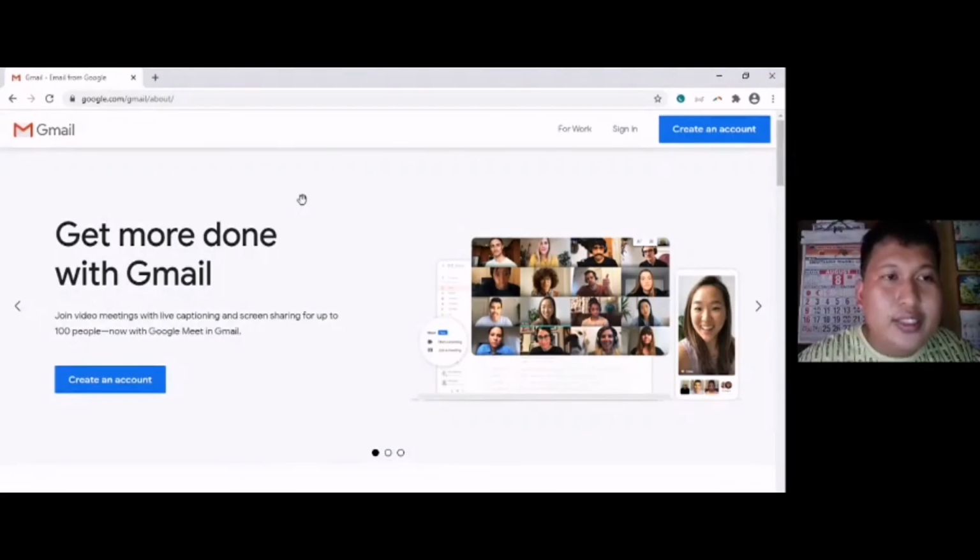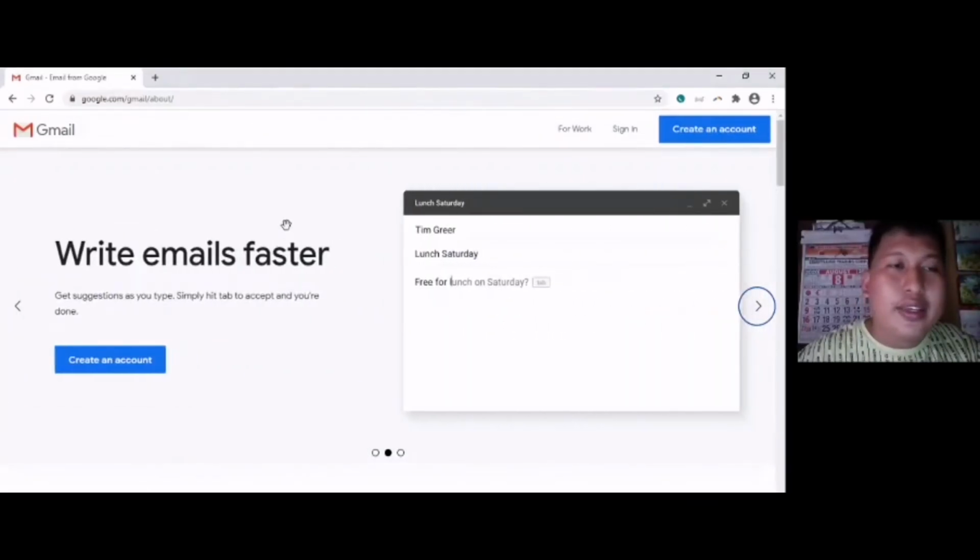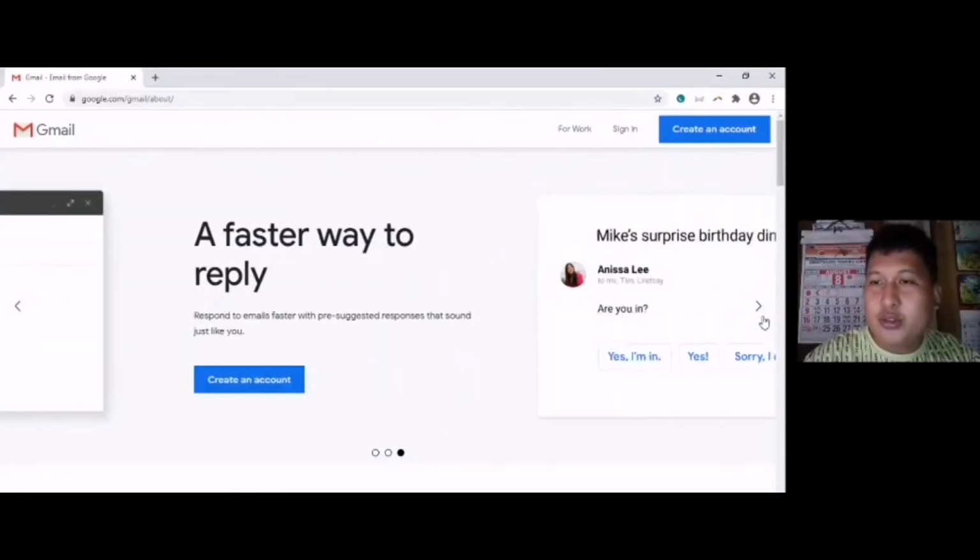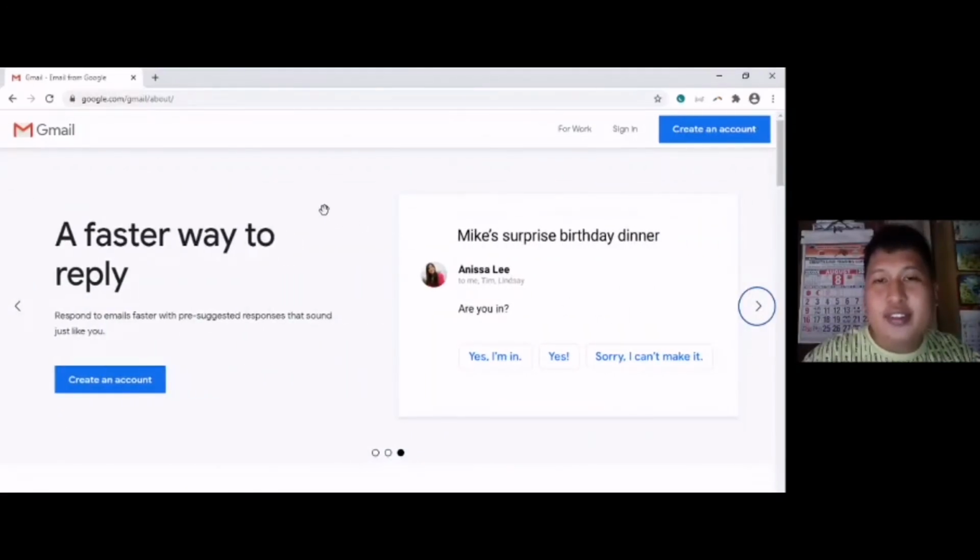Here are the things Gmail offers. If you have your Gmail account, or a Google account, you can join an online conference or a video meeting through Google Meet. If you're going to write email under Gmail, you can have fast email writing, and also you can do a fast reply.